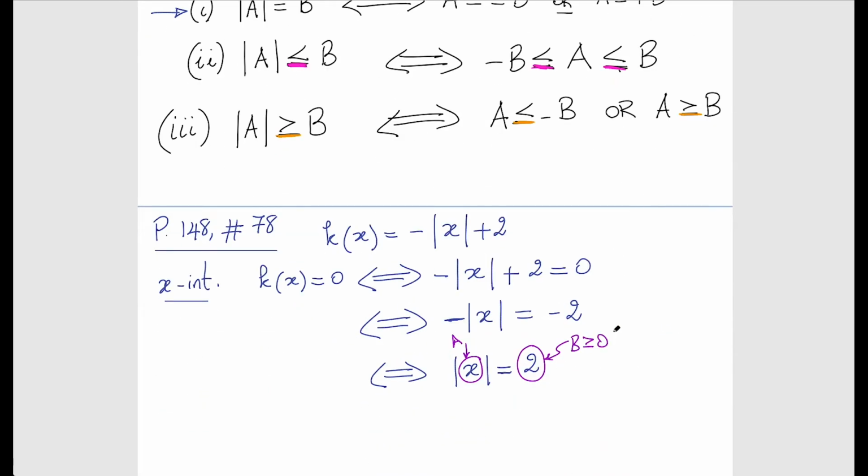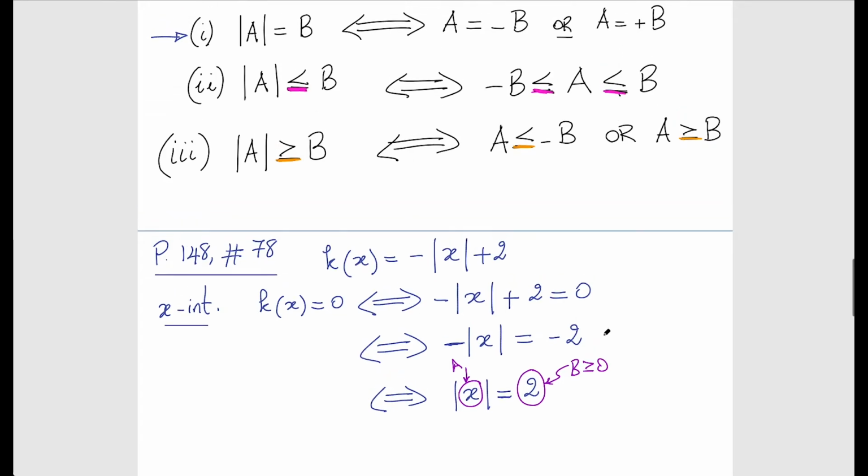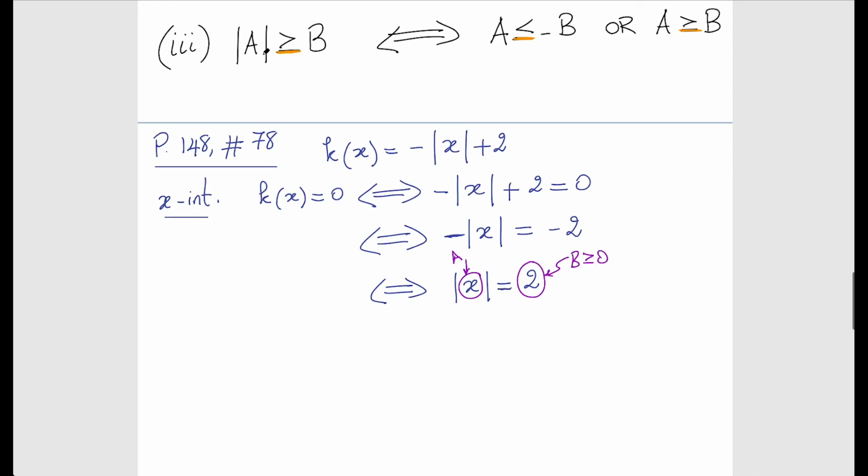So as such, I can employ this result. It's going to allow me to transition from an absolute value equation to a non-absolute value equation, to an equation which is regular. Here I'm going to pick up two equations. It's going to be like a compound equation that's equivalent to this absolute value equation. Okay, so by part 1 above,